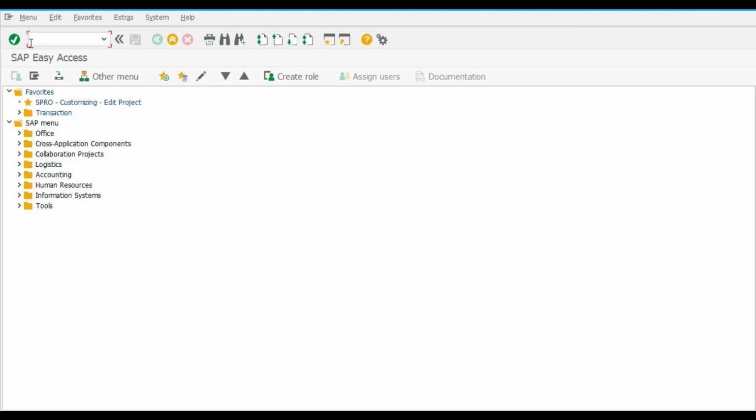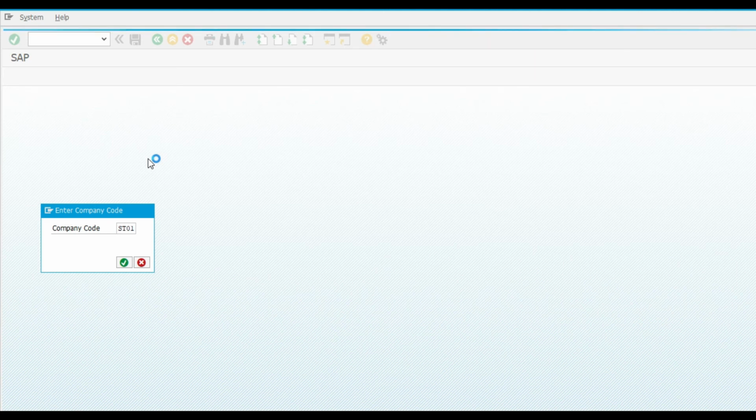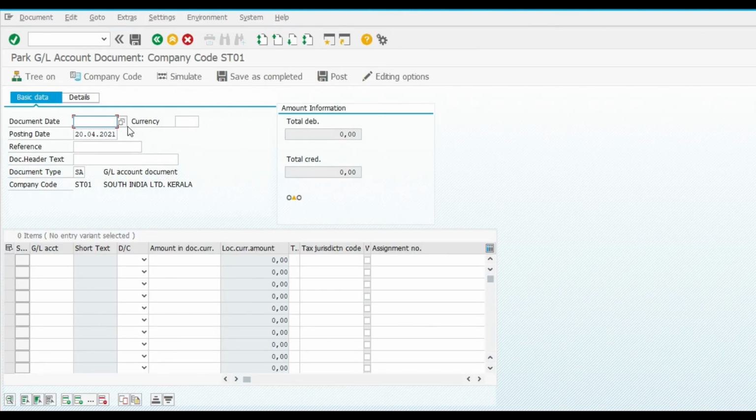Now we are going to do the entry, FV50. Our company code is ST01. Now enter date, currency, reference testing, control, now select our expense account.